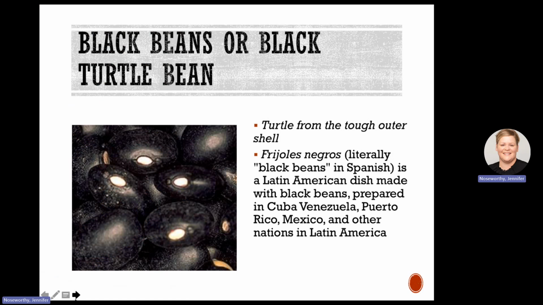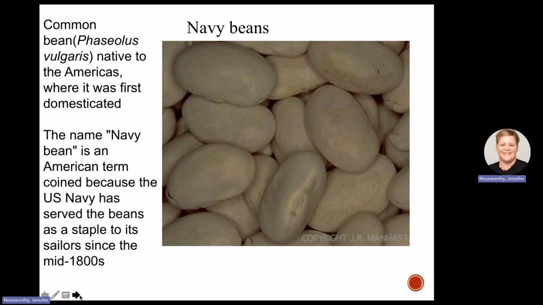Black beans are very popular in Spanish cuisine as well as Latin America, really all over the world today. They're also called black turtle beans, turtle because they have a tougher outer shell. And then navy beans, these have a white seed coat.